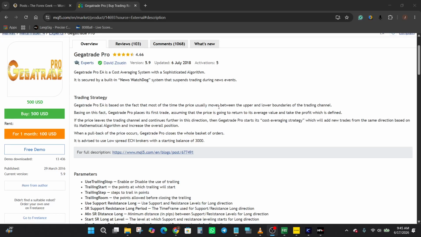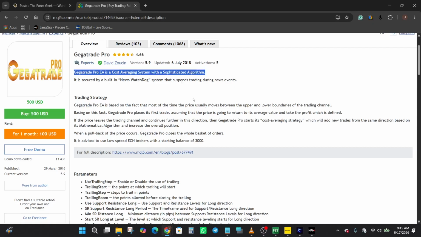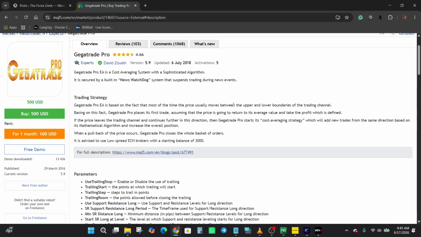Now, moving into the main overview, the Gegatrade Pro EA is described as a cost averaging system that uses a mathematical algorithm to manage trades. You can see here, with a sophisticated algorithm. All right. And the core idea is that price often moves within a channel, and the EA tries to take advantage of that behavior by opening trades expecting a return back toward the average price. One important thing I notice is the built-in news watchdog feature. This is designed to pause trading during high impact news events, which is mainly there to avoid unpredictable volatility around